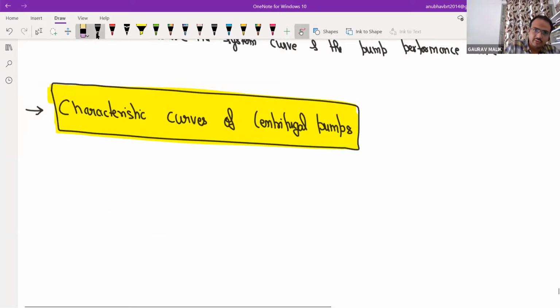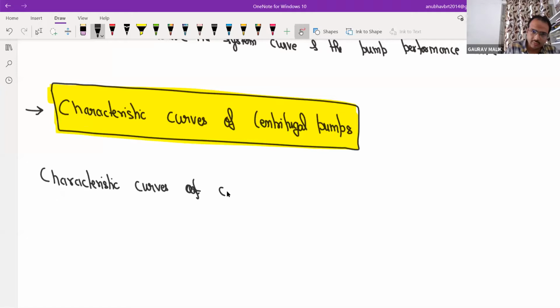Characteristic curves of centrifugal pumps